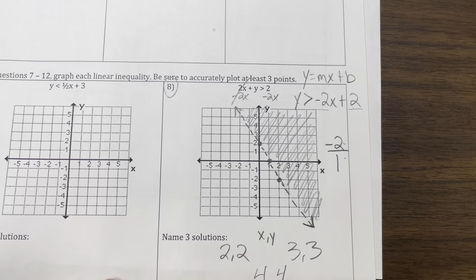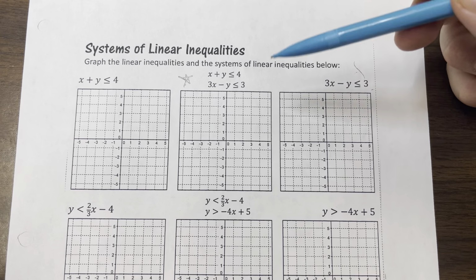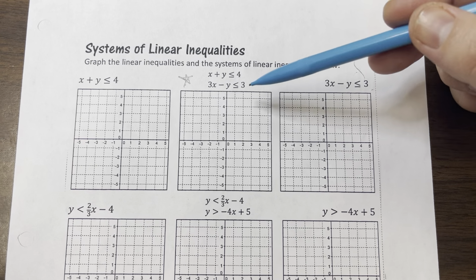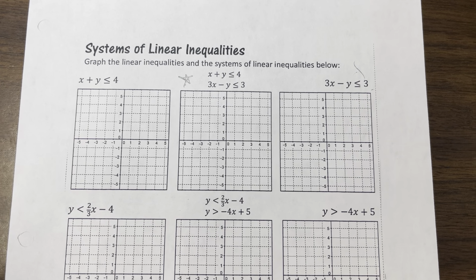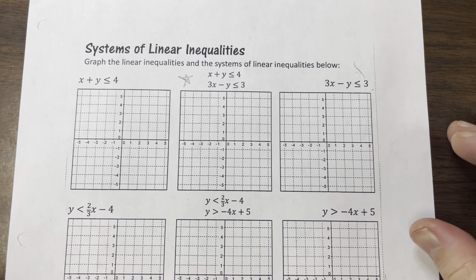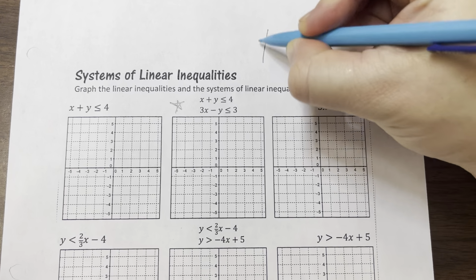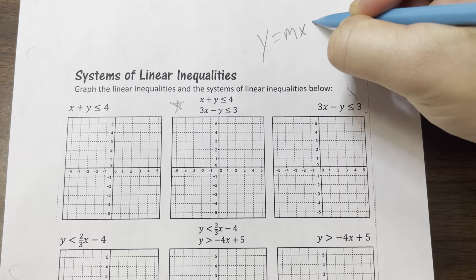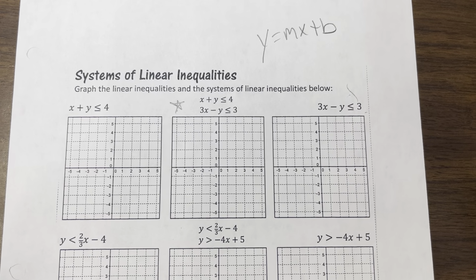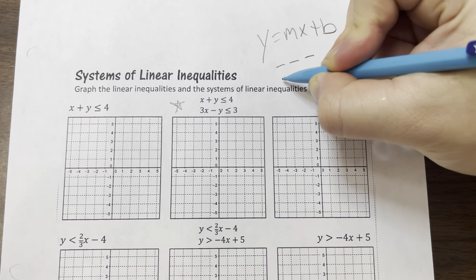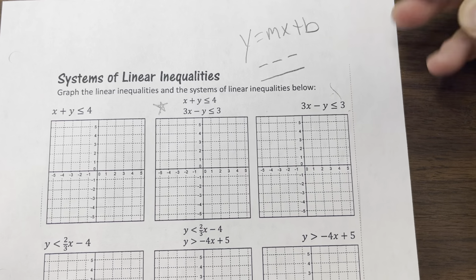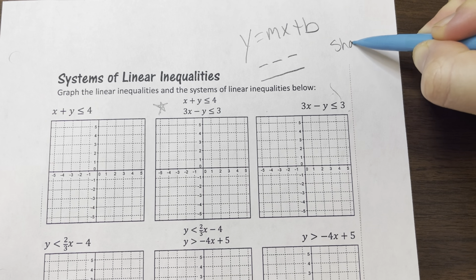Okay, so the last thing we're going to do with these inequalities is graph systems. So all systems mean is that you have more than one inequality to graph. Besides that, it's still the same as the problem that we just did. They have to be in slope-intercept form, and then you have to choose between a dashed line or a solid line, and then you have to shade in